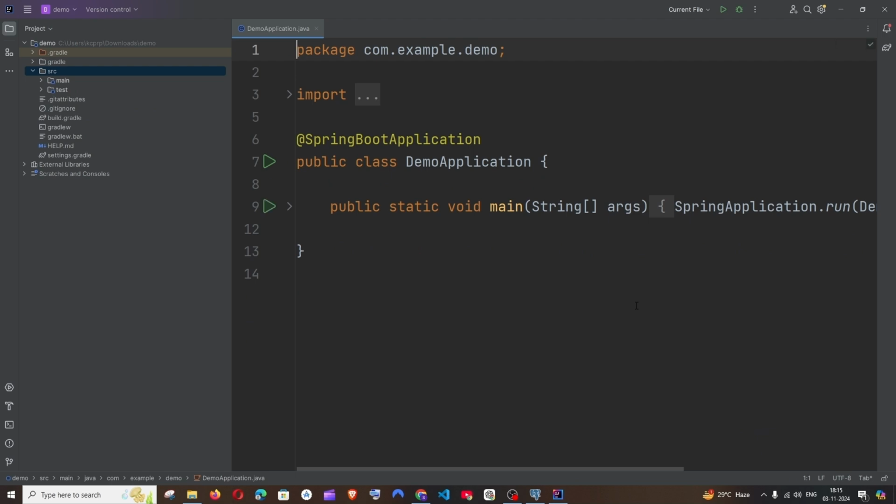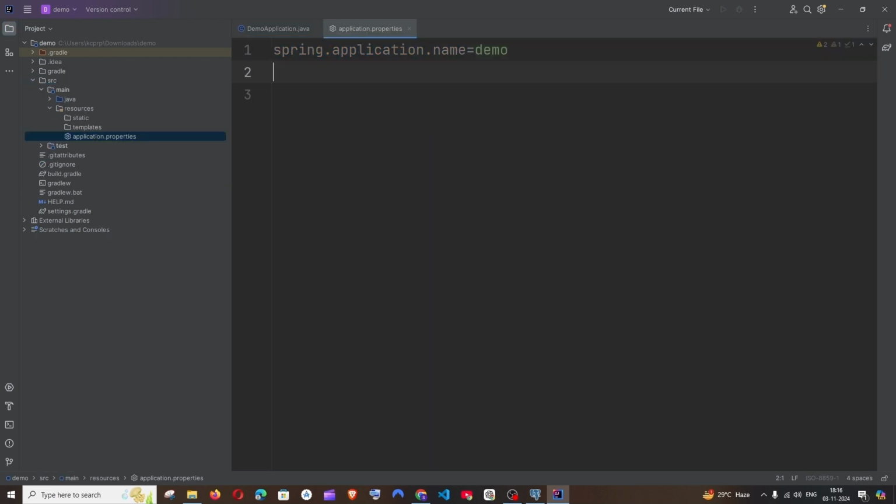Okay, so the first thing is we will be making a connection with our PostgreSQL database. For doing that, you'll have the main resources application.properties. Here we need to add a few properties which enable us to connect with the PostgreSQL database. It's going to be